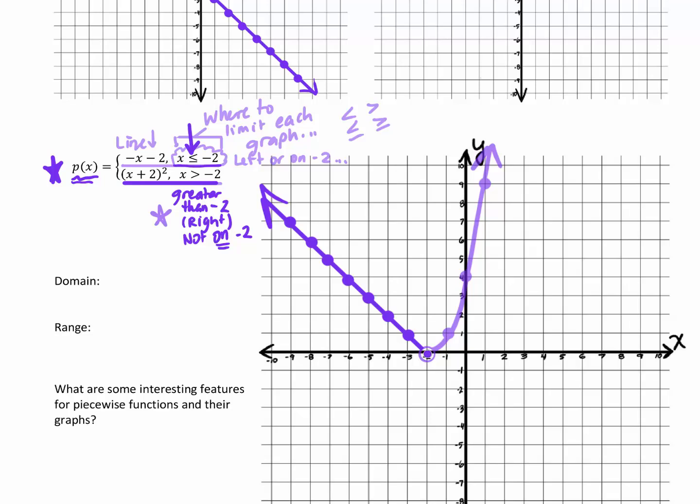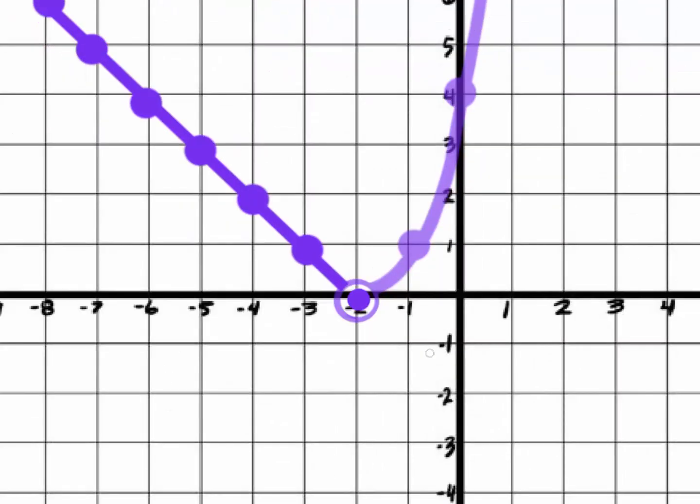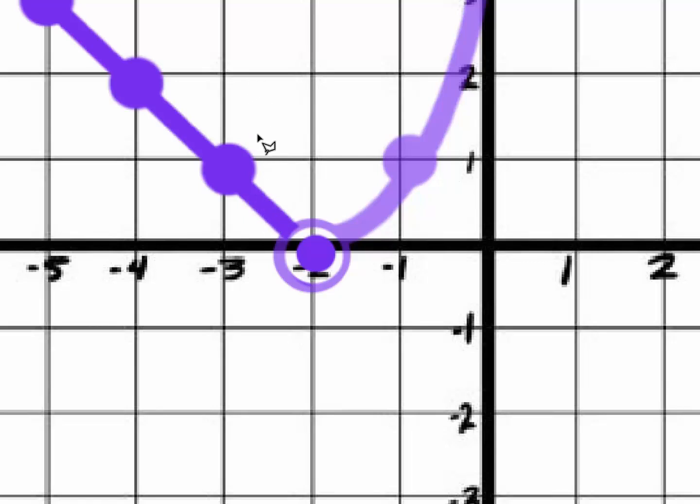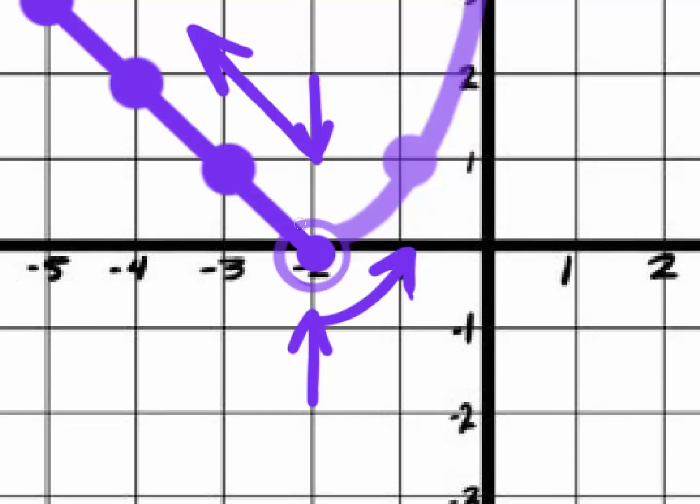There we go. And if I zoom in, this is kind of what's nice about Photoshop, is now you get an inside view of what's happening. So the original line extends from this point onwards to the left, so left of -2, smaller than -2. But then the right graph picks up directly here, and it goes over to the right, and it's that nice light pink or purple open circle. But they fit together like this,